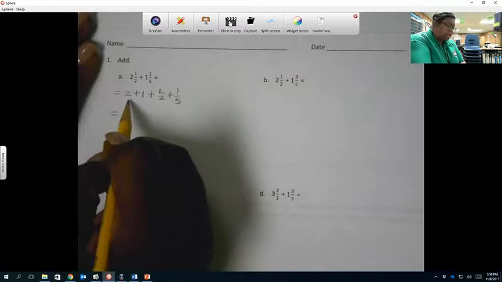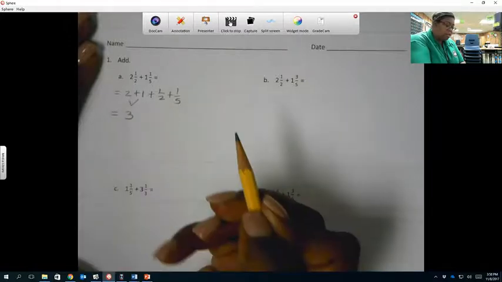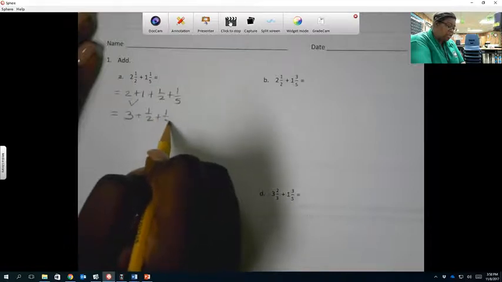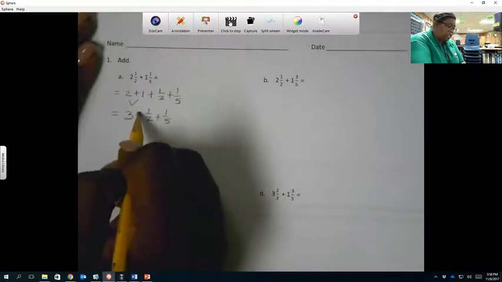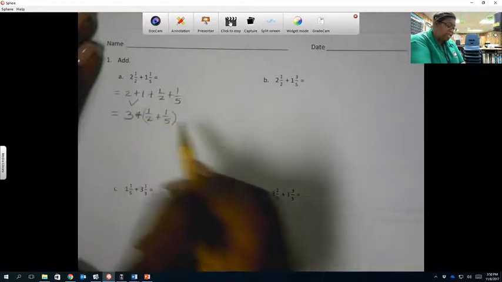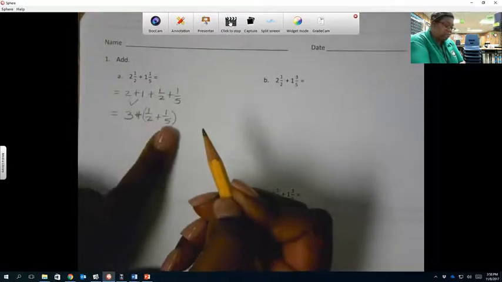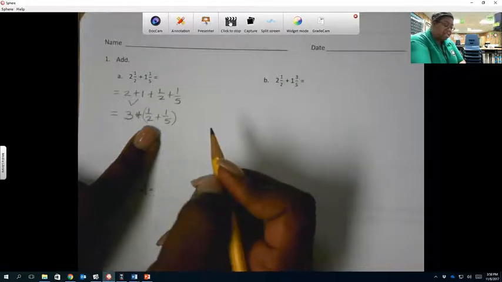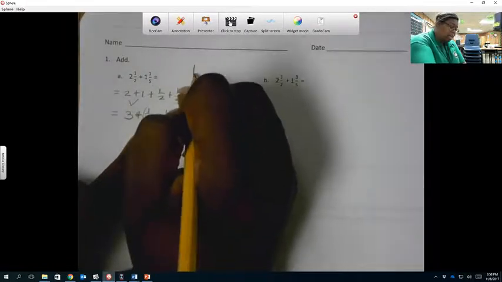Then I'm going to combine these like terms. 3 plus 1/2 plus 1/5. Now, we studied last week that we cannot add these up because we have two different denominators. So we're going to use what we learned about finding the least common denominator by making our lazy T